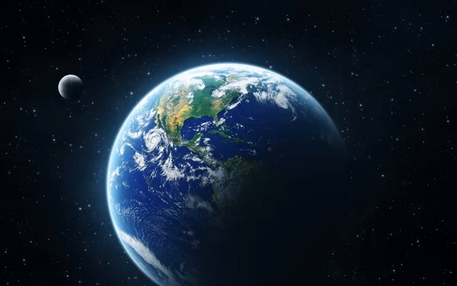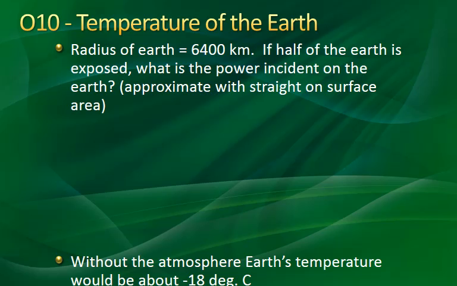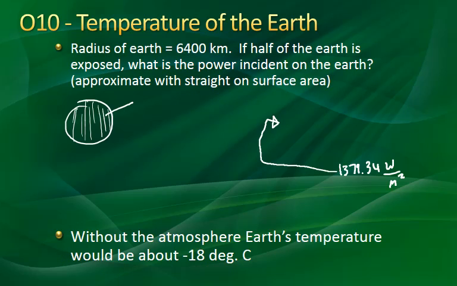So if you think about how that light is hitting Earth, it's only hitting a part of the Earth, and as it hits the Earth, it's got to spread out around it kind of spherically. The radius of the Earth is approximately 6,400 kilometers, and only half of the Earth is exposed. So if we estimate what hits the Earth, we could approximate